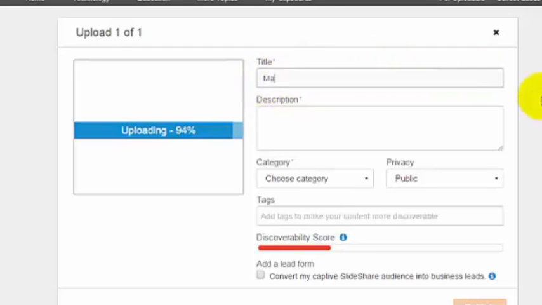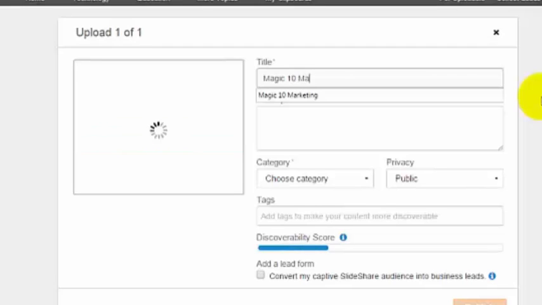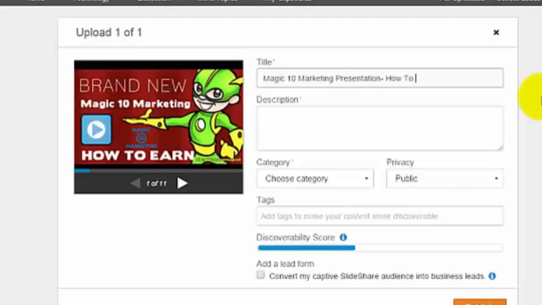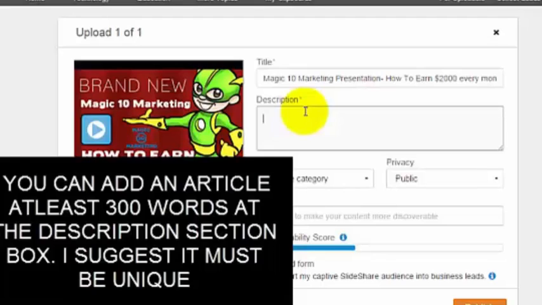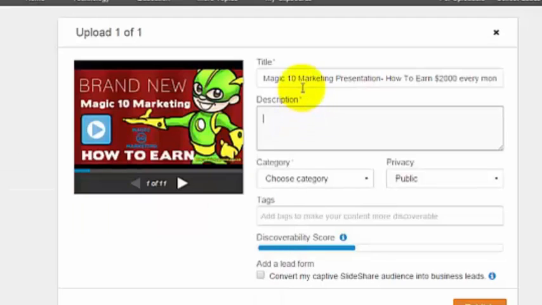Then in the description, you can put an article about the file that you uploaded, and don't forget to put the affiliate link or the website of the product that you want to promote.